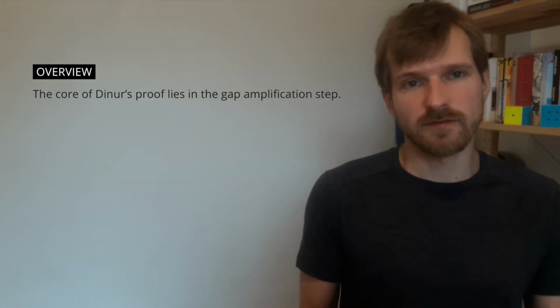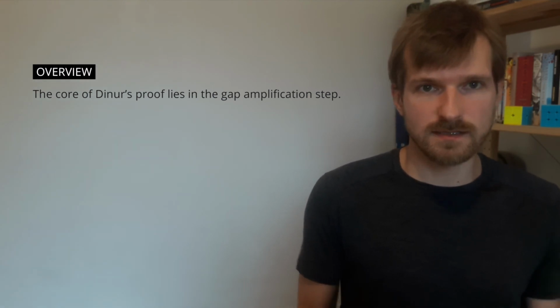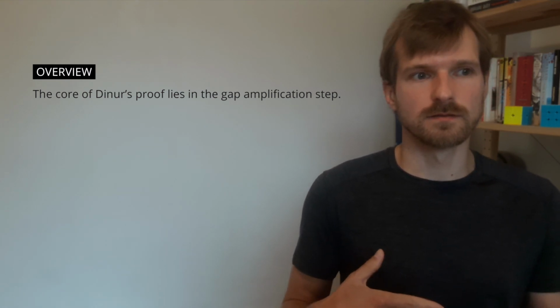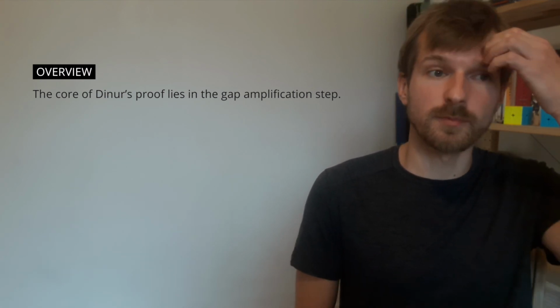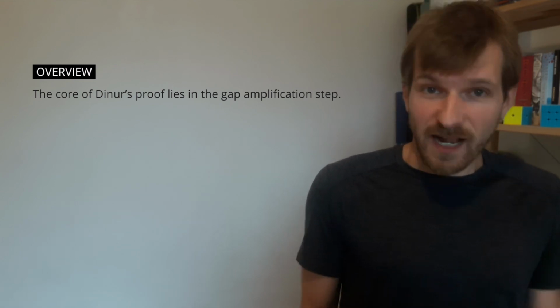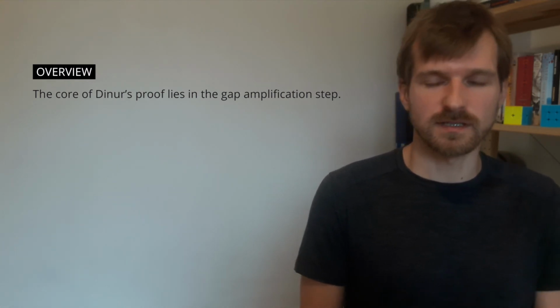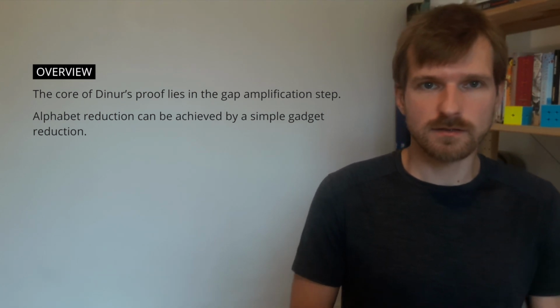What should you take home from this talk? My message is that the alphabet reduction is the easier part of Dinur's proof. The essence of her argument lies in the gap amplification step, and alphabet reduction is a technical requirement that the proof needs, but it can be obtained via reasonably simple techniques. We failed to make it obvious, but I hope that we made it simple enough so that it can be presented. In fact, our reduction can also be seen as a simple gadget reduction, if you care about those,